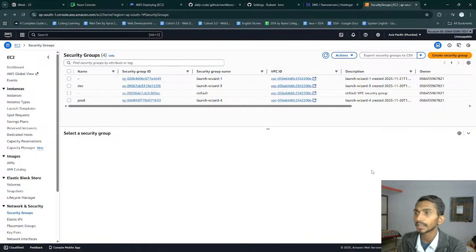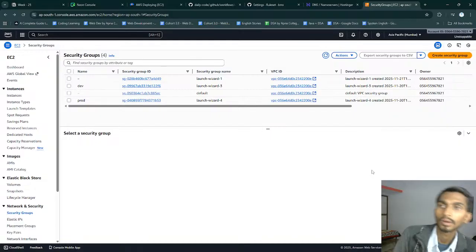But the thing is that if we create many instances at the same time, then they will be using only a single security group. All the instances that got created in one go are using the same security group. Is that good, or do we need different security groups for different instances? Using the same security group for multiple instances can simplify management, but it also means the same rules apply to all those instances. If your environments, for example production and development, have different security needs, it's better to use separate security groups for them to control traffic more precisely.